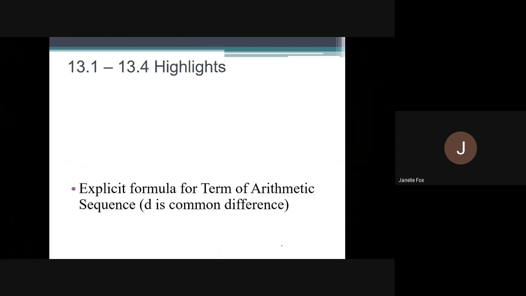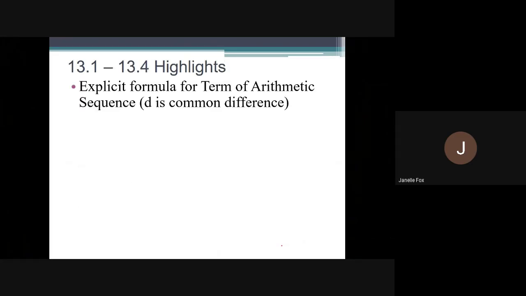Another fun highlight is doing specifically arithmetic sequences or specifically geometric sequences. And these guys had ready, nice, canned formulas for us to use. I know, I love it. I love when there's a nice formula to use. And so